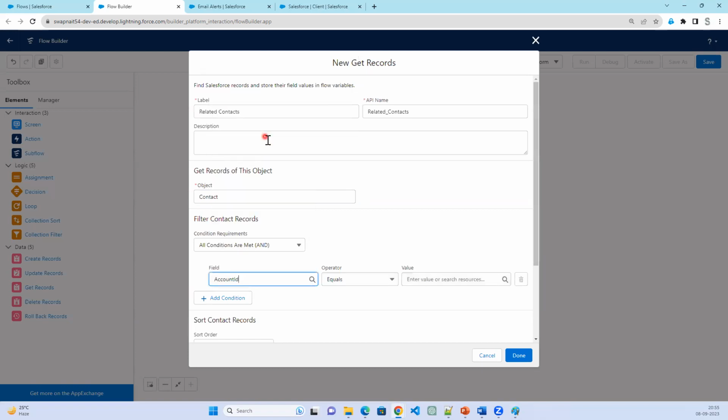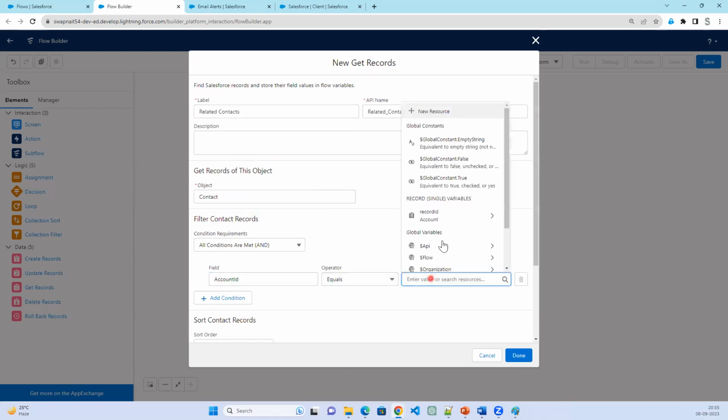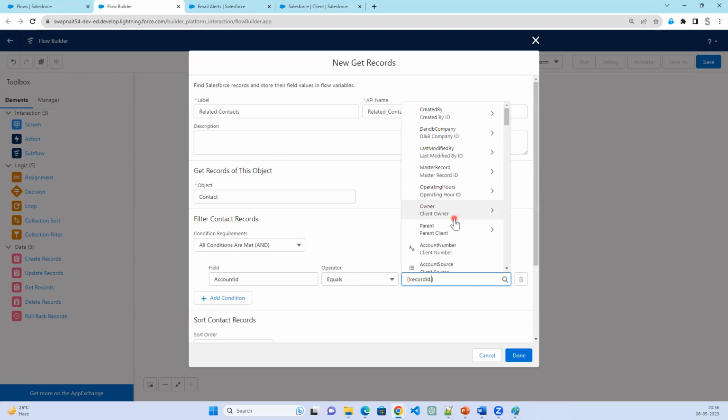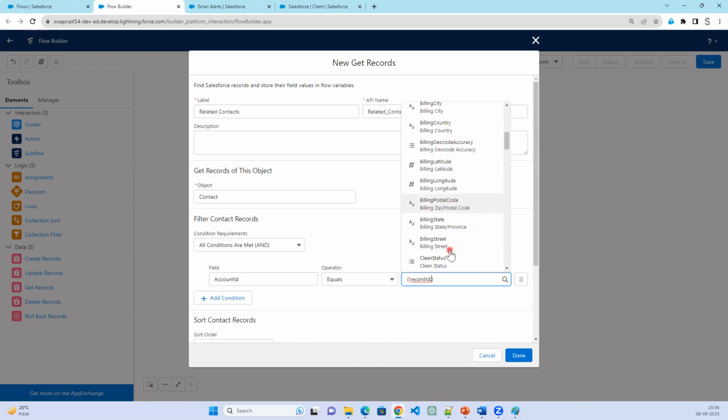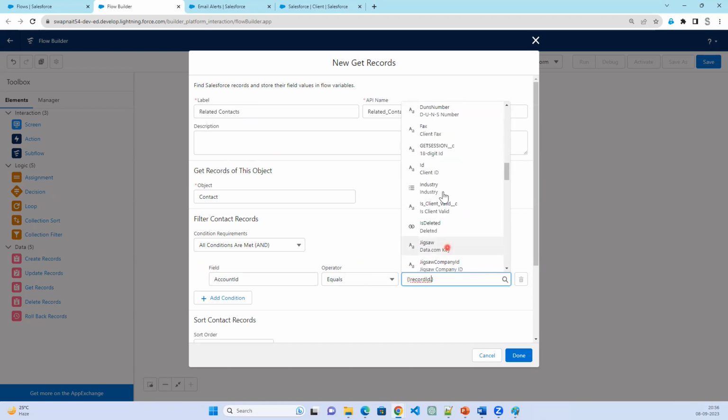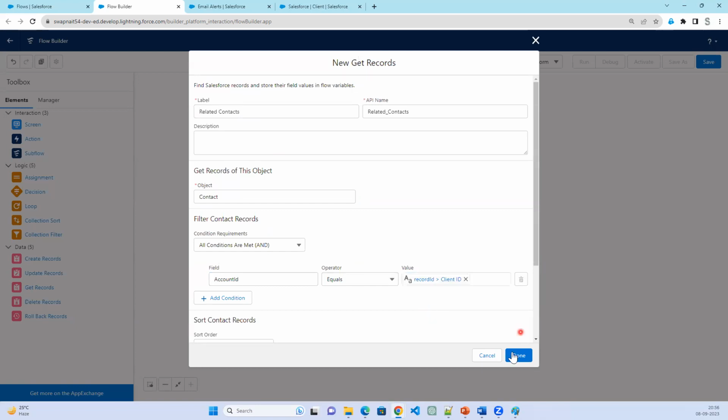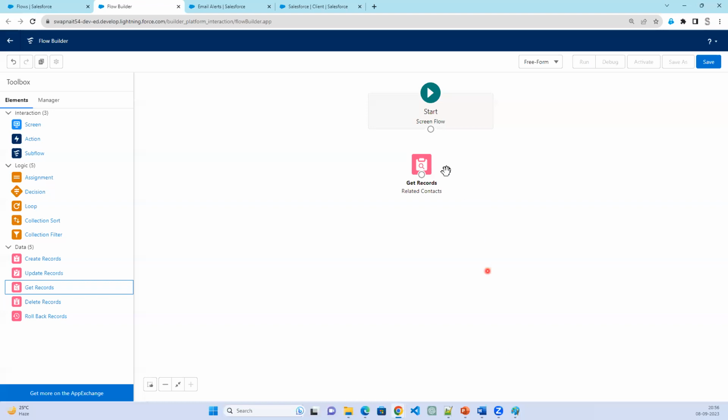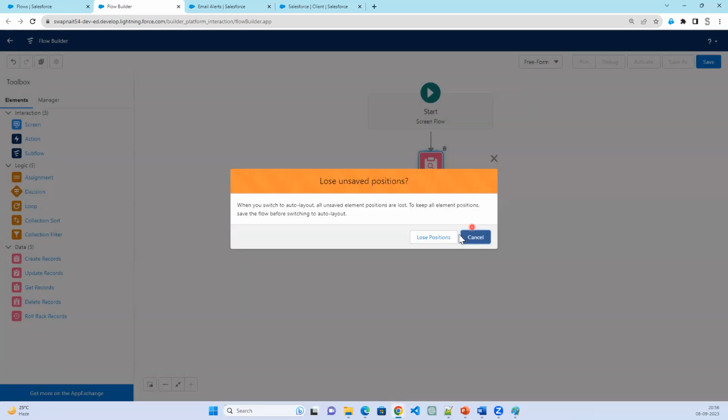And then what is the condition that I need to use? The condition is Account ID equals the record ID we have, recordId dot, that is the complete account record. In this account record, we have an ID: recordId dot Id. Click on that. Now, if you go with a free form, you have to connect it. This is for the free form. In case you go for an auto layout,